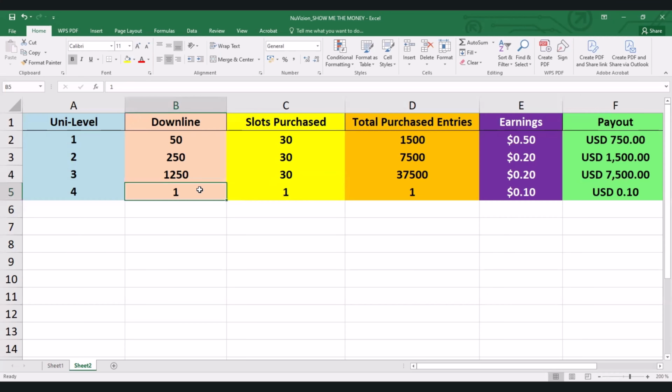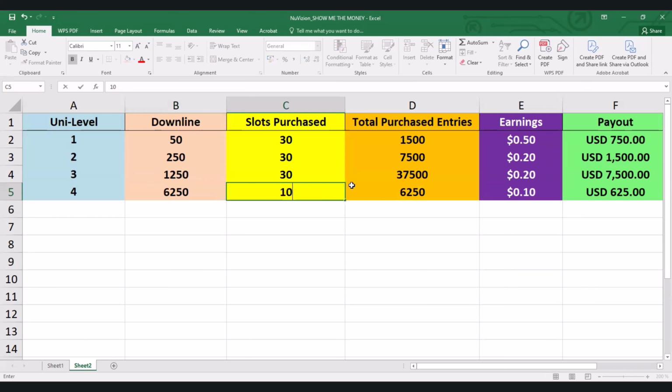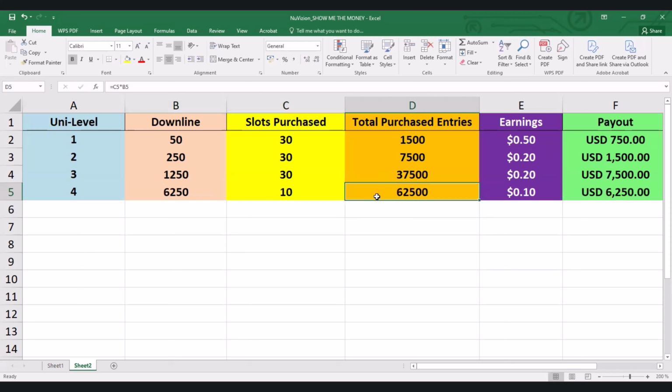And now let's say with the fourth level, which is the final stage, with 1,250 people, each of them also referring 5 persons, that is going to be 6,250. Now, each will purchase what? 10 entries, right? So that will make a total of 62,500 entry purchases in his team volume. Now, 62,500 multiplied by 10 cents, that is